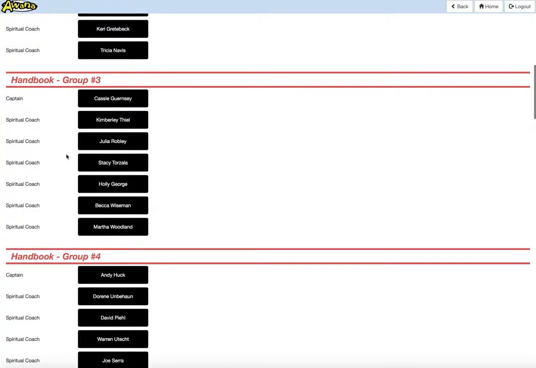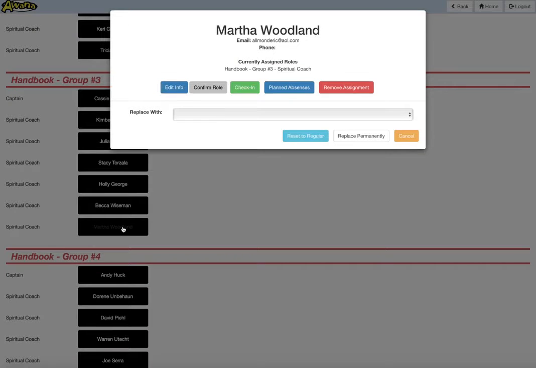And so this person, as it turns out, we have all the slots filled right now. But let's assume that we talked to Martha here, and Martha is not coming back. So I'm just going to go ahead and remove her first from this slot. I'm actually just going to replace her. Sorry, I'm going to replace her with